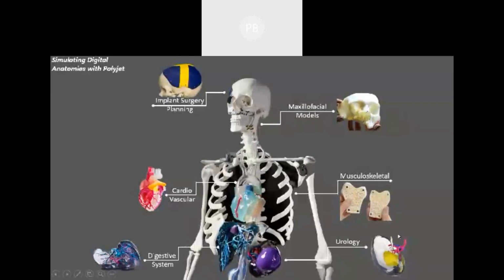And this is a model, if you can see this, we have done for the Calcutta Fortis Hospital. This yellow part is the tumor for a patient, which is in the kidney, and they want to operate on this yellow part. They want to know the real position of that. They want to know the complexity of the surgery. So we have supplied this model to the Fortis Hospital, Calcutta.